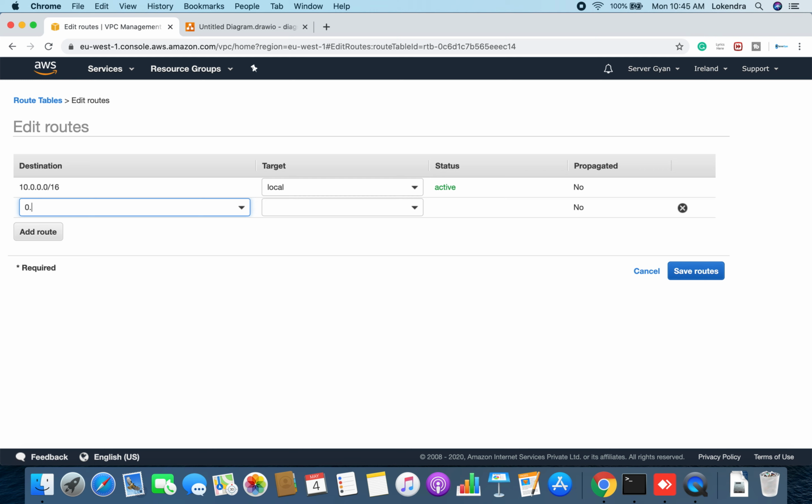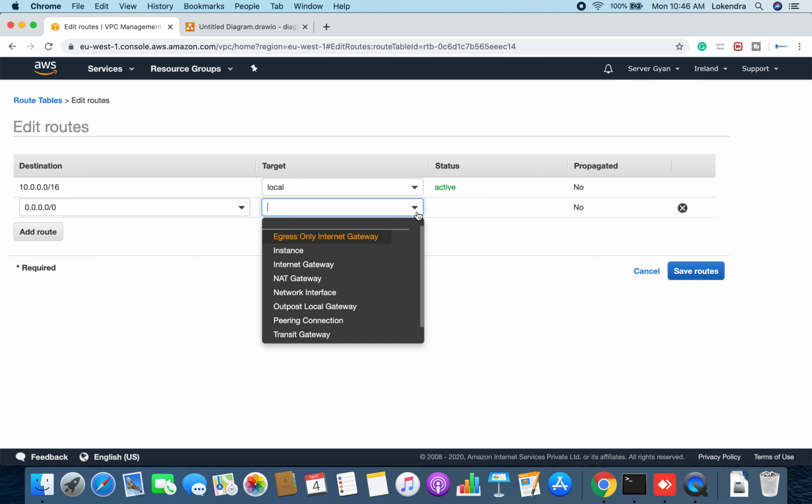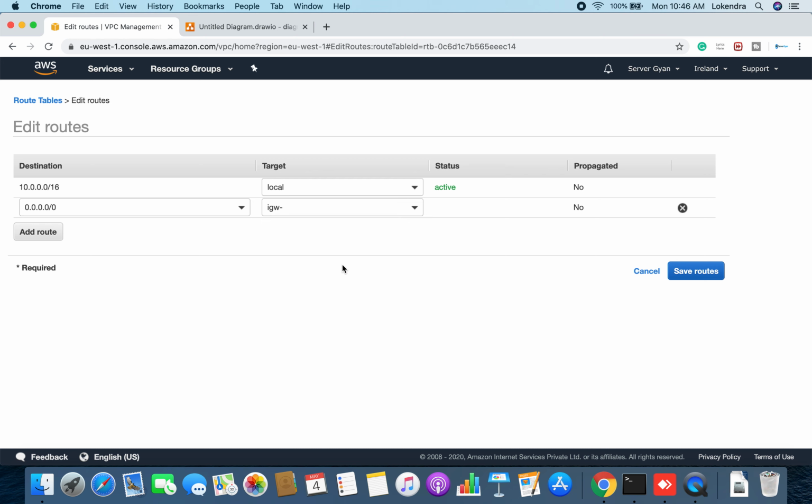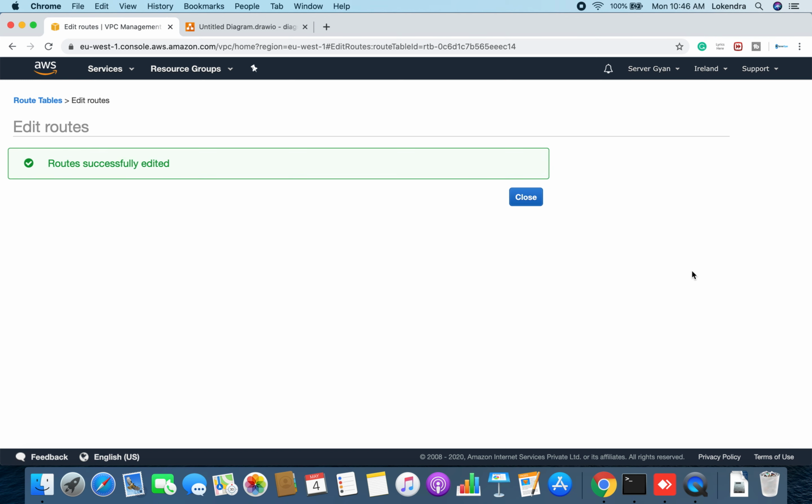First of all, I will pick 0.0.0.0 because I need to reach out to the internet and someone from the internet. So this is going to be my destination. Then after, I will have to choose carefully that the internet gateway should be associated here. So my IGW, that was the name which I gave to this particular internet gateway, which I associated with this route table. I saved it.